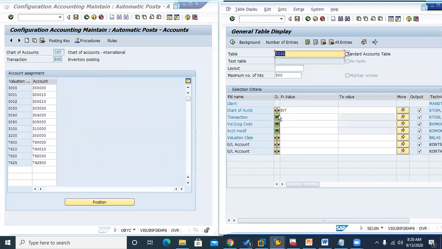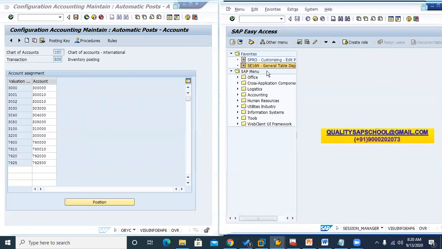We're going to take this one blank, and valuation class. Valuation class, we know it, so we will put our input here, 3000. Now when you open this, you can see what accounts are going to come.